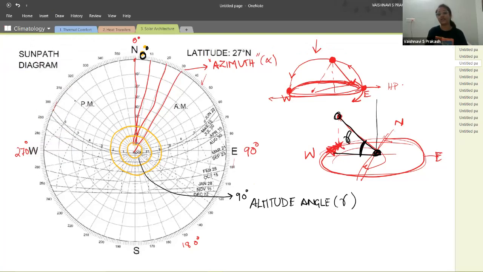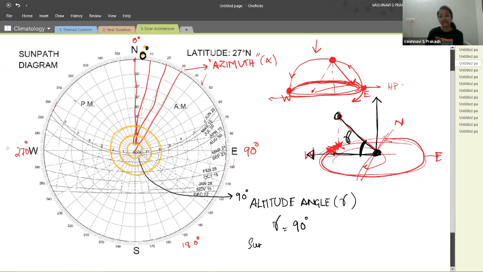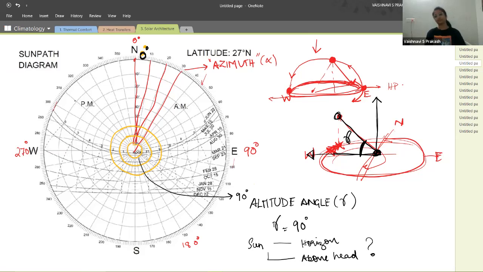Now, at what angle do you think it will be 0 degrees? If the altitude angle gamma is equal to 0, will the sun be at the horizon, or will it be right above the head? The altitude angle is your relative position of the sun with respect to the horizon and their line of sight. This angle, gamma, if it's 90 degrees,